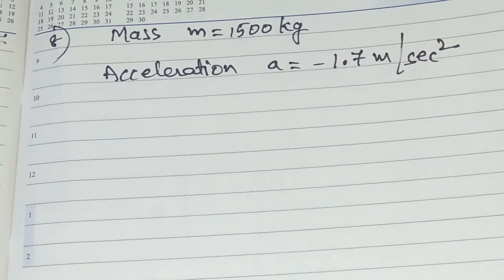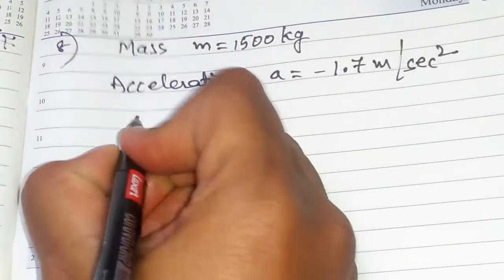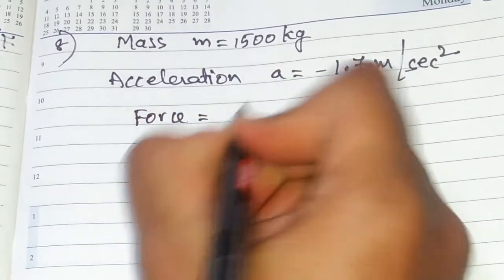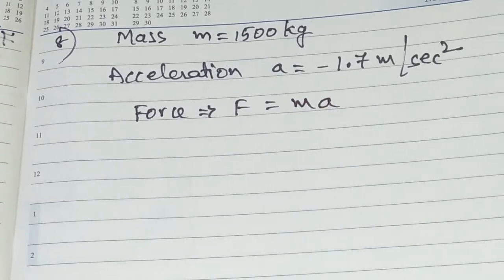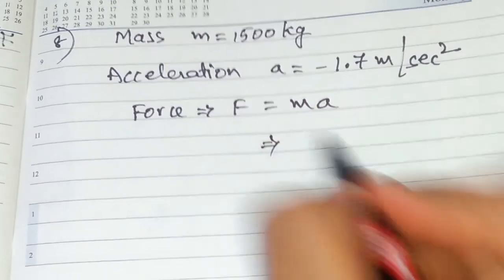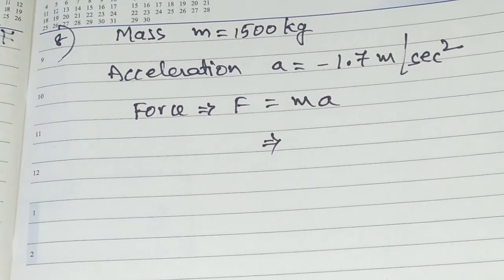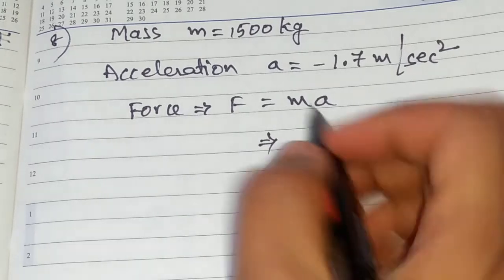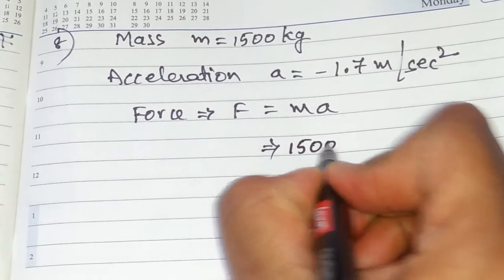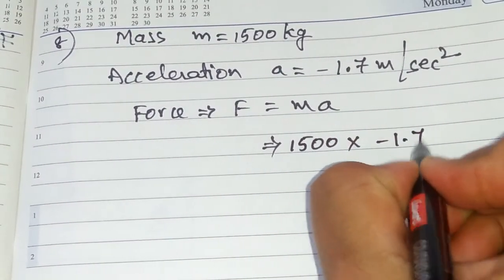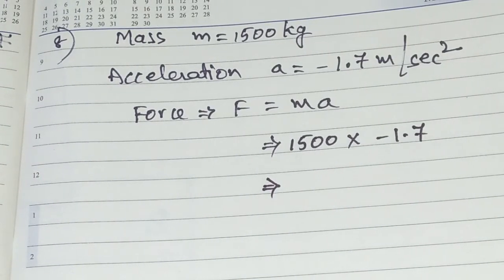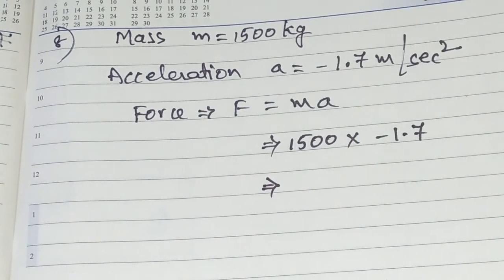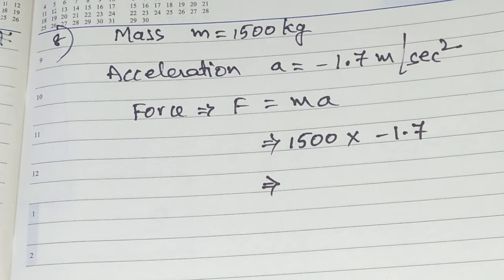Yes. Now we are going to find out the force. What is the formula we have for force? Force is nothing but F. F is equal to m into A, that is mass into acceleration. So let us take the mass. Here mass is given for the automobile vehicle. What is that mass? 1500 kilograms into minus 1.7. See, sign also is very important here. If you write a plus sign, your marks are gone. So be careful when you are writing the sign, children.